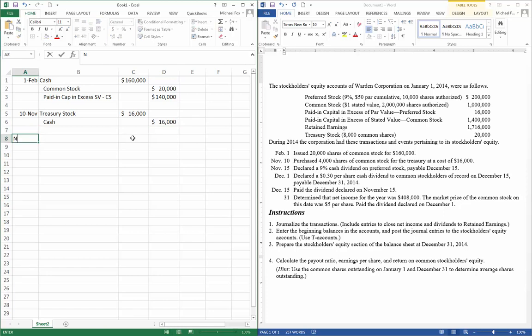On November 15th, they declare a 9% cash dividend on the preferred stock payable December 15th. So a 9% cash dividend on the preferred stock. So we would look and see what our preferred stock is right now. So preferred stock is $200,000. So if it's a 9% cash dividend on that,